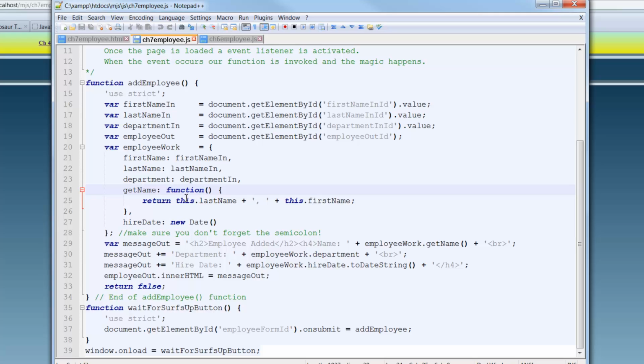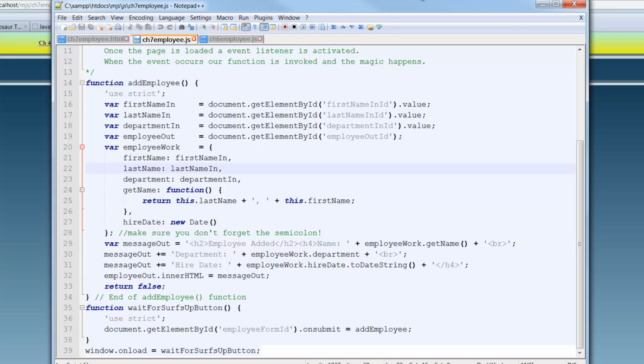And the whole idea here, again, is to introduce us to this. And this is the most important thing to learn from this lesson: this, and this. We need this in order to be able to reference the values first name and last name. And if we did it without this, these variables would be undefined. It has to use this to know that it's referencing the current object, or the same object that the function is executing from. So with that being said, and walking through the example,